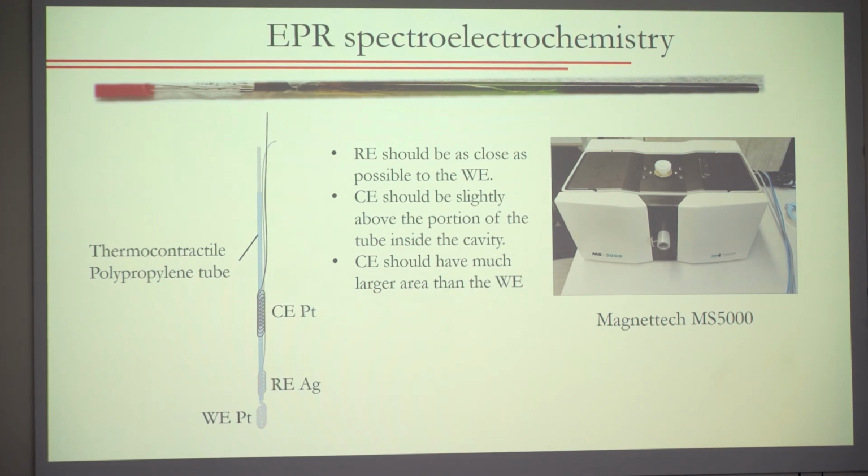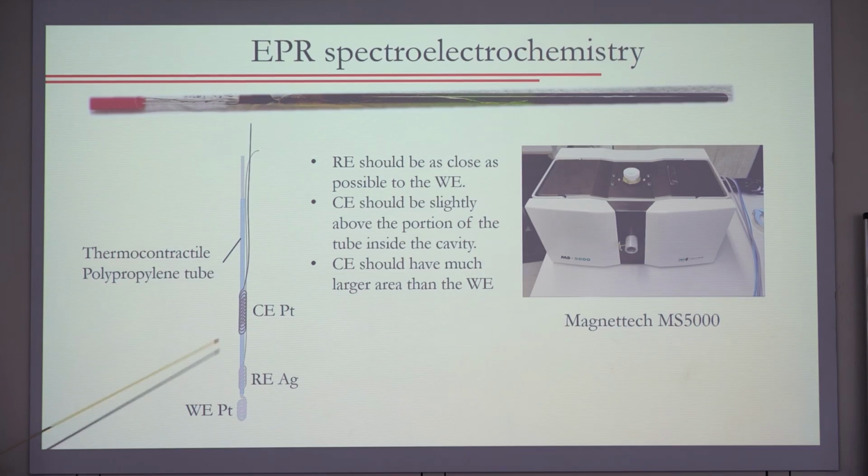Then I wanted to mention, because most people here who do EPR also do EPR spectroelectrochemistry, so you know the equipment and the cells. There are different designs of cells. This is a sketch similar to the last ones I have made, which I have seen; they are mostly broken there. But what I want to say is that you need to isolate the different electrodes. Sometimes you use pre-coated wires, or you could use some separator, but it has to be very fine